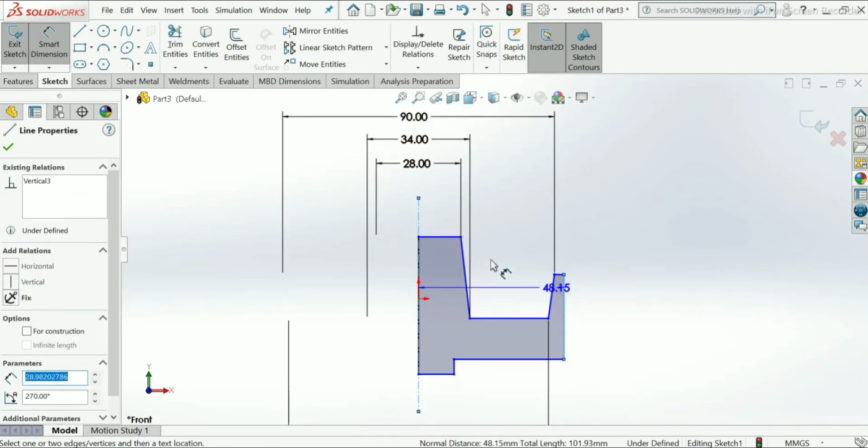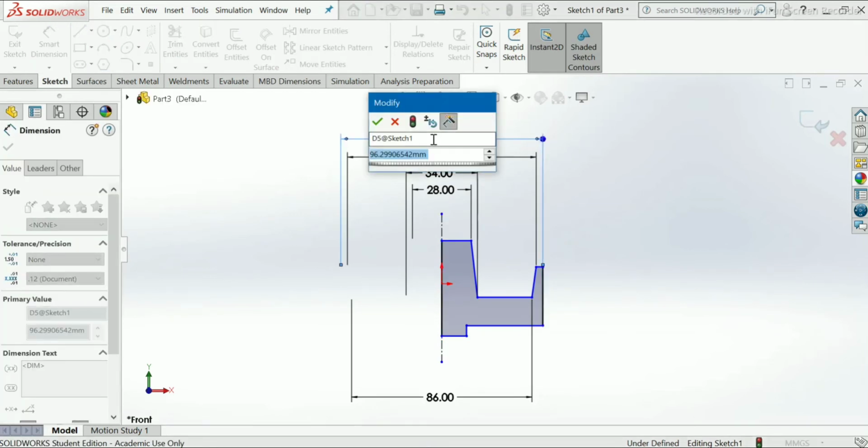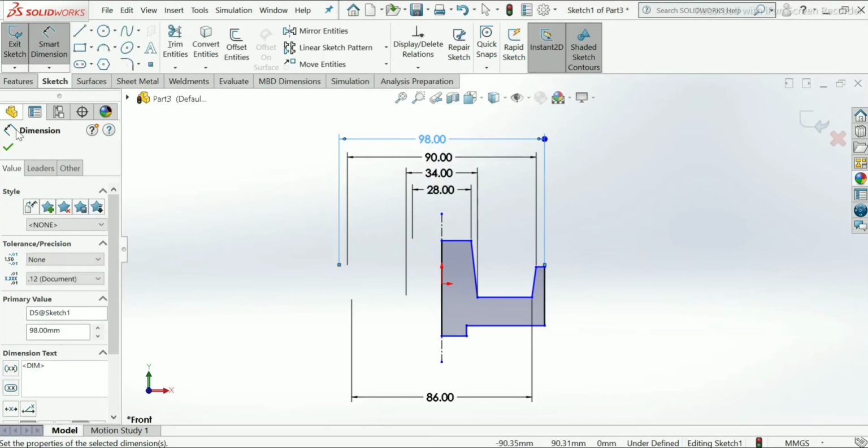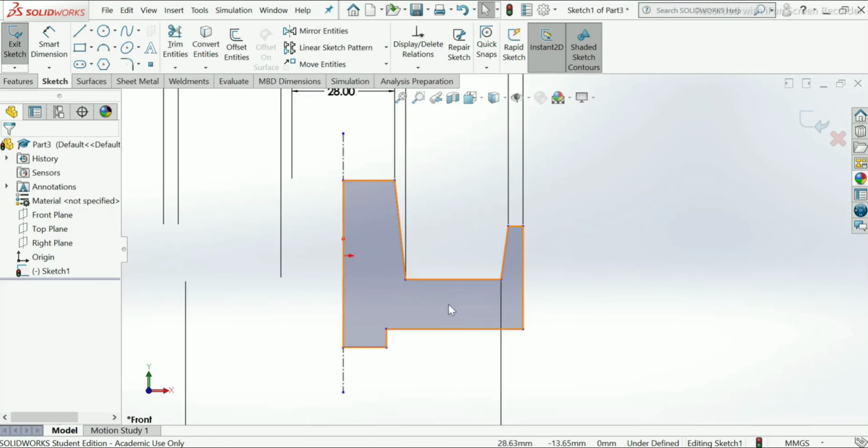Make this end point, and this bigger one is diameter 98 mm. Now here total height is 44 mm.